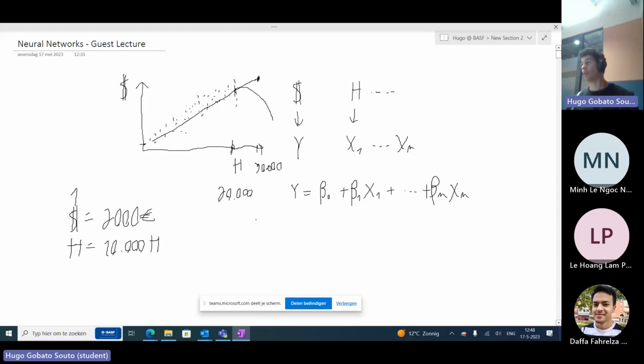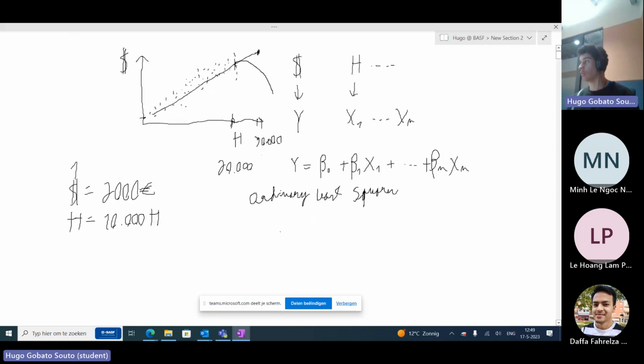we have the method called ordinary least squares. Ordinary means normal, and it's because there are other methods to do this, and they are better and more complex. But this is the most common, or even the simplest one. Least is because you want the least amount, and squares is because when you train the model, or when you create this model, probably you don't know what the betas are. So when you guess